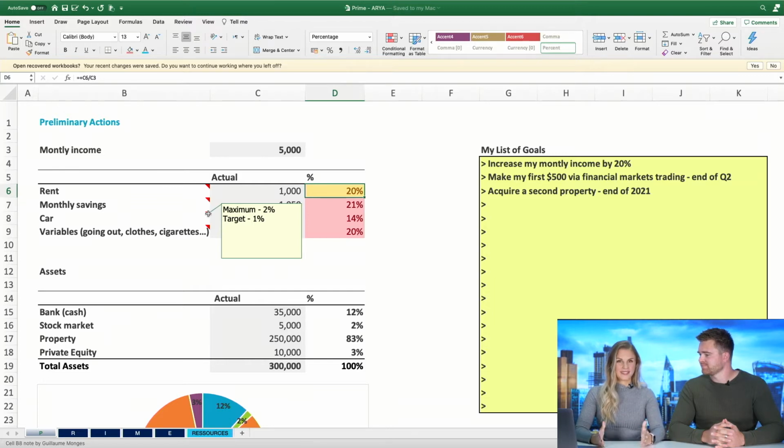Now, 1% sounds crazy, doesn't it? It sounds really low. Yeah, but the key thing is if you buy your car, then your expenses, you're not paying rent on it. Although it is a depreciating asset, you have to be aware that you're spending 1%, maybe 2% on petrol and maintenance. You don't have to get a sports car with extremely high maintenance. But if you can get one where you're only paying for cheap maintenance and a bit of petrol,